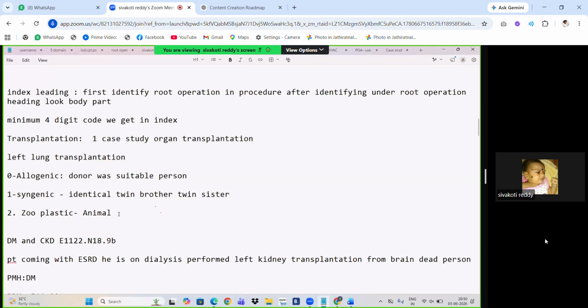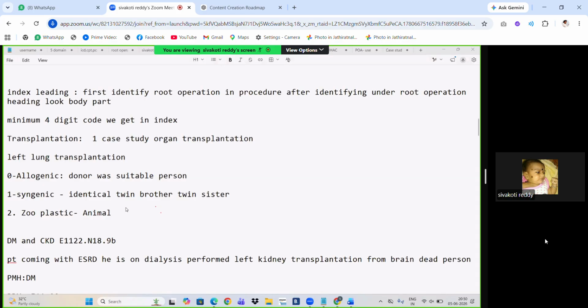Definitely they will give where it was taken from. Definitely they will give in the procedure note how they transplanted, who was the donor. Without the donor, they won't give. Some people will ask, if they have not mentioned allogenic, syngenic, zooplastic, what do we need to do? You need to pend for clarification. Don't code or don't complete. Don't take anything blindly. Definitely they will give where it was transplanted from, who was the donor. Okay. Remember these 3 things, guys, enough. No need to use the index also